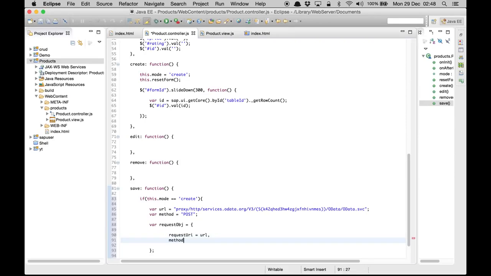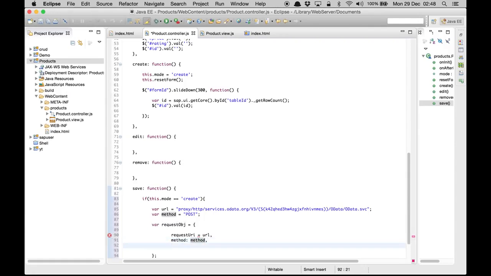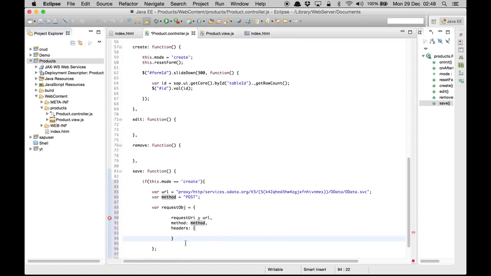It is going to accept a method, and in this case it is going to be the method which is POST, and then it is going to accept the headers. This is important. You can actually save this part of the script somewhere in a document so that you can use it again and again. This is going to be a column. But in this case, I'm just going to write those headers one by one. The first one is X-Requested-With, and we are requesting with